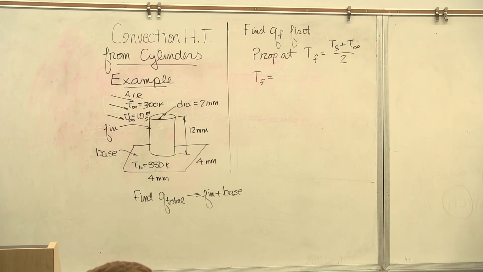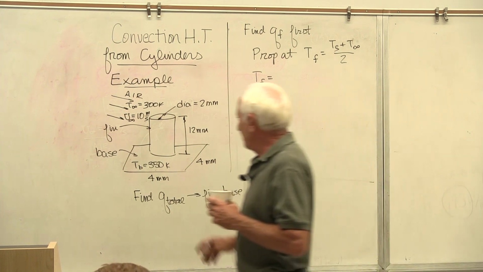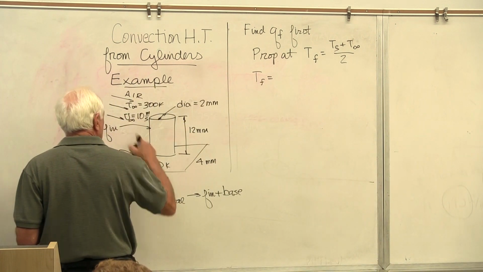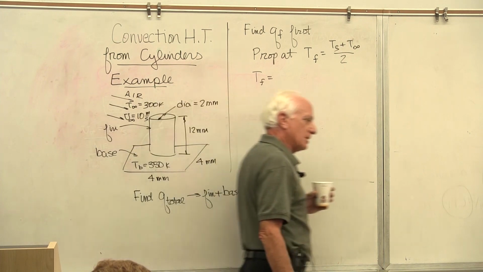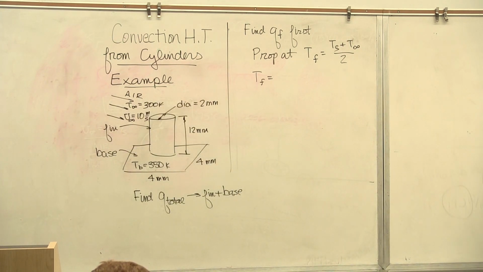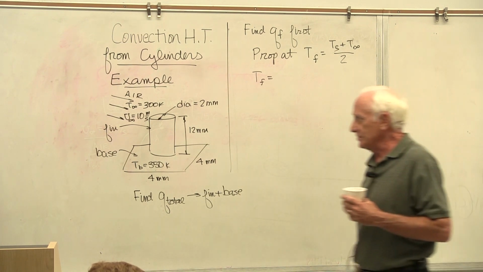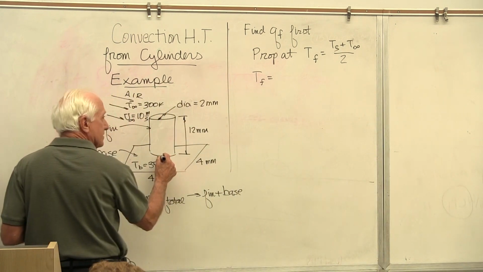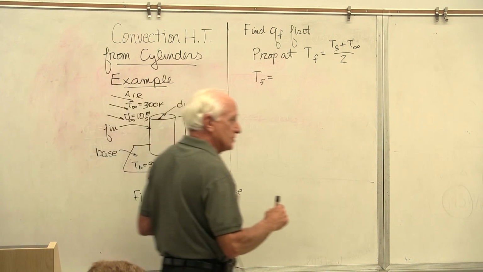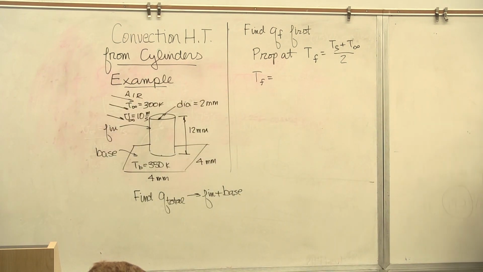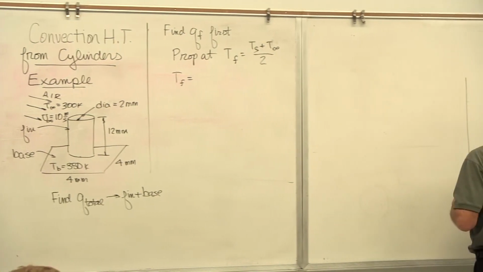The first question you have is, what's T surface? Now, I'll tell you what you're given. You're given T base, and you're given the air temperature. But when you work chapter 7 problems in circular cylinders, they always give you T surface. Well, that's the real world. Sorry about that. I don't know right now. I can't tell you what TS is. As a matter of fact, I know it changes. It starts out down here at T base and ends up here at some other temperature. I'll just show you how it varies. This is a review of chapter 3.